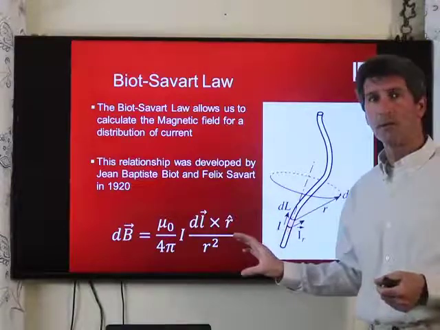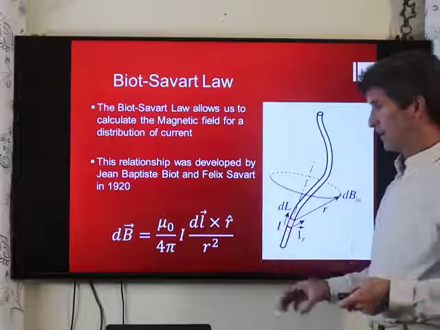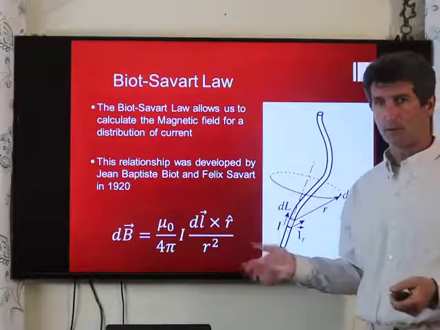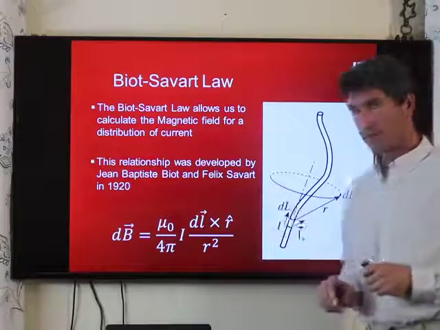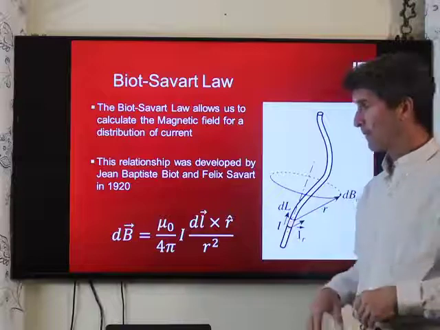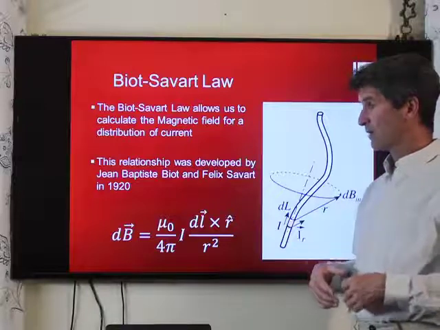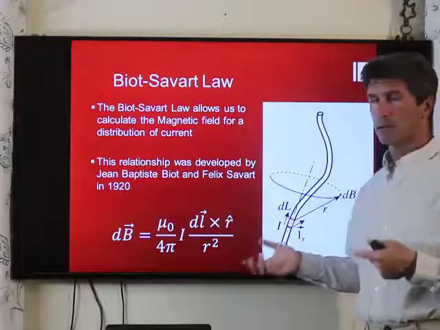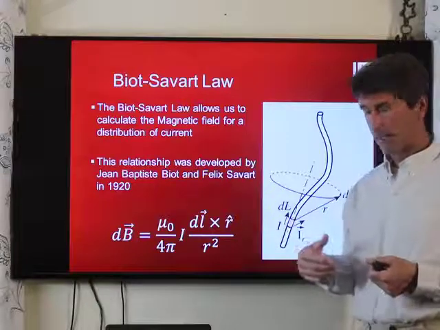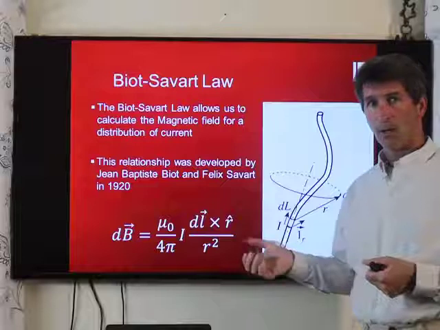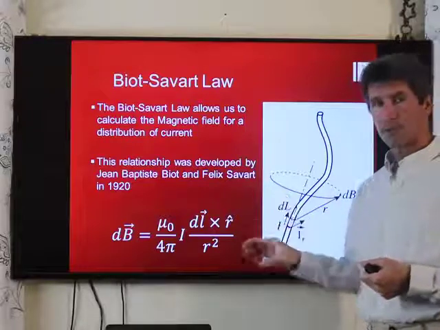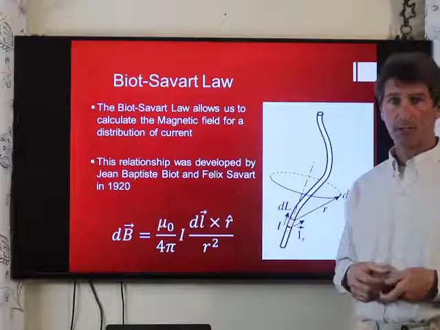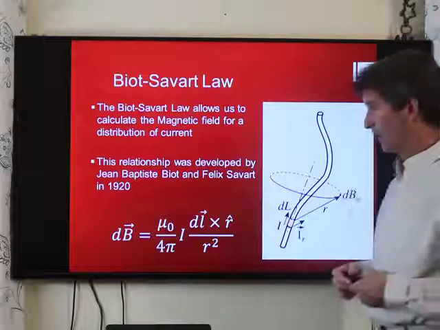We're not going to really use the full vector form right here because it's really difficult to use. But we'll look at the full vector form of this first of all. Then we'll go to the non-vector calculus form. But again, our goal here is to calculate the magnetic field due to a wire. We will, in later sections, actually reduce this to an algebraic expression so we don't have to worry about the